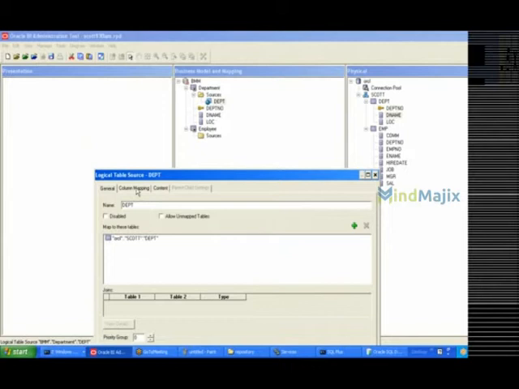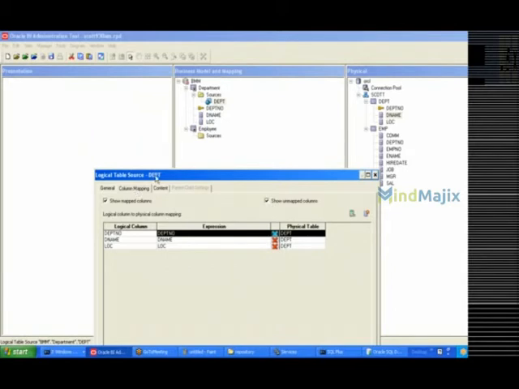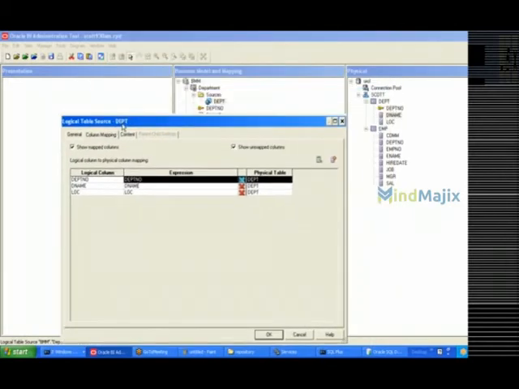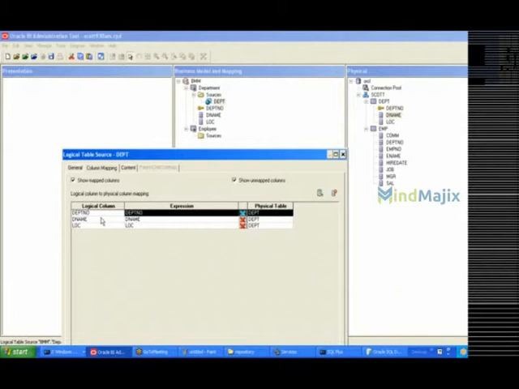Now here if you select column mapping, we are able to see something called logical column and physical table. Logical column is the column that is available in the middle layer, which is the logical layer, and physical table means the table which is available in the first layer.